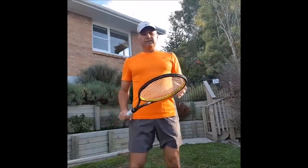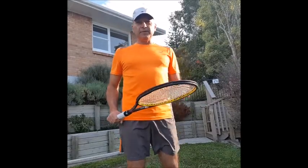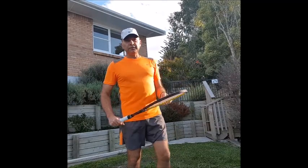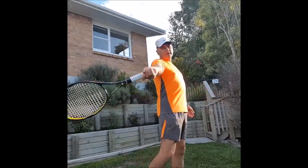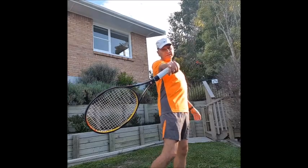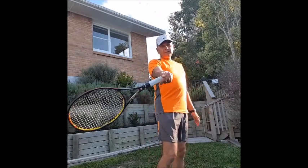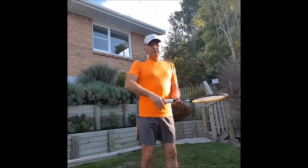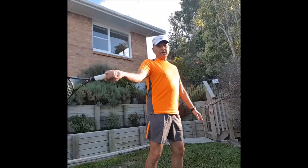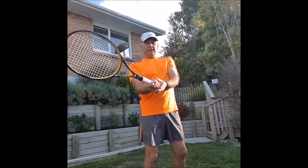From my experience, most of the beginner and intermediate level players have big trouble to feel their arm looking like this, and in the forehand, I mean the tip of the racket to be under the level of the hand to go downhill. They tend to look like this when you go in a forehand for a forward motion. The tip of the racket is higher than the level of the